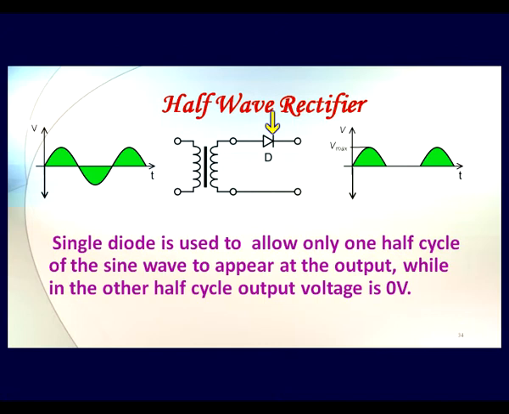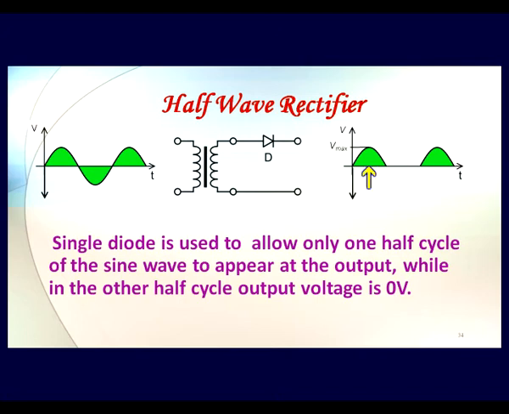It is a reverse bias of the diode, and so this is a switch which is switched off. The diode is as if an open component here, it doesn't exist. So at the output we don't get any voltage, it's 0. Again, in the second cycle, when it becomes positive at this end, the conduction of the diode starts. So we are able to remove the negative half cycle from the AC signal in this half wave rectifier.